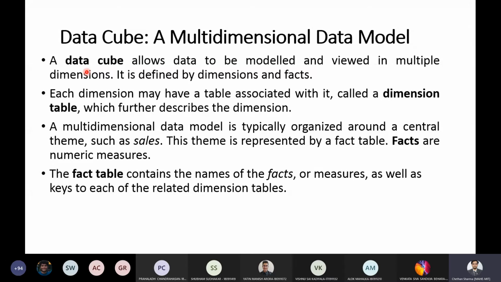Each dimension has something called a dimensional table associated with it, and the dimensional table will have additional attributes. As I told you, item is one dimension. So if there is a dimensional table for item, it might contain attributes such as item name, brand, and type, etc., which give further details about the particular dimension.